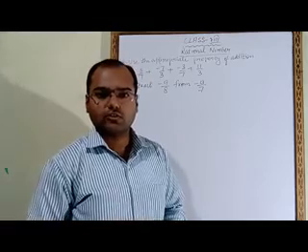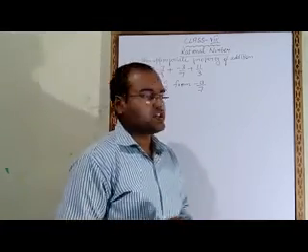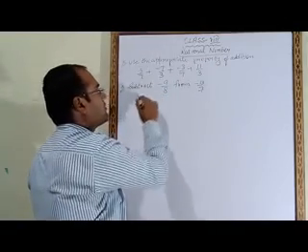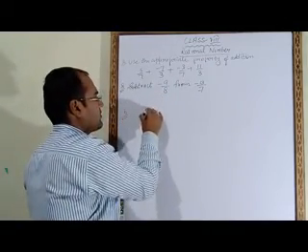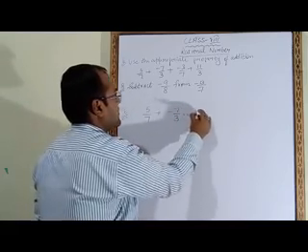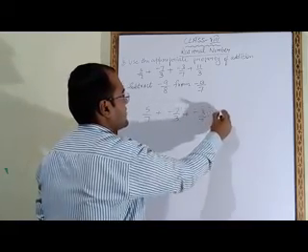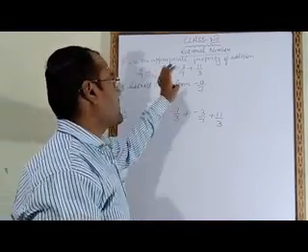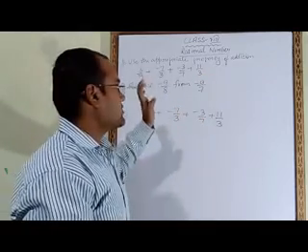Now see next question, question number 6. Question is use appropriate property of addition. So in this question, 5 upon 7 plus minus 7 upon 3 plus minus 3 upon 7 plus 11 upon 3. These values are given and we have to use the appropriate property of addition. So in this question what do you have to do?